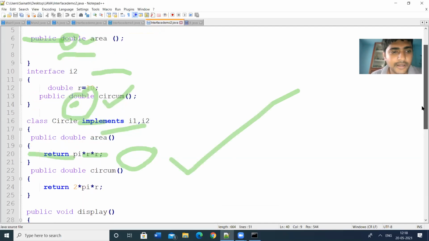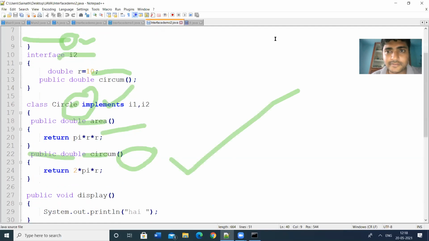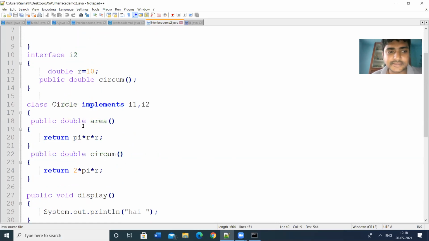Implementing multiple interfaces means we have to implement all the methods declared in interface 1 and interface 2. So we define the area method, and then we define the circumference method, and then display.